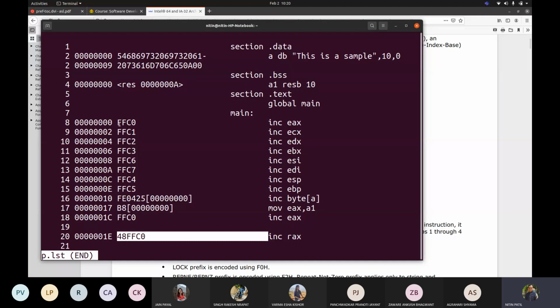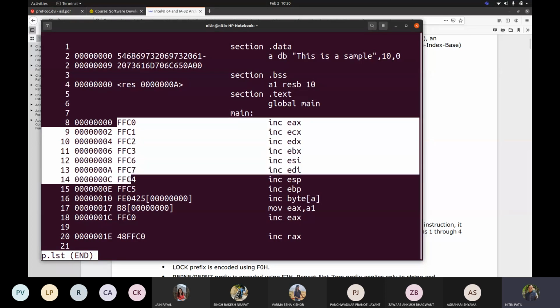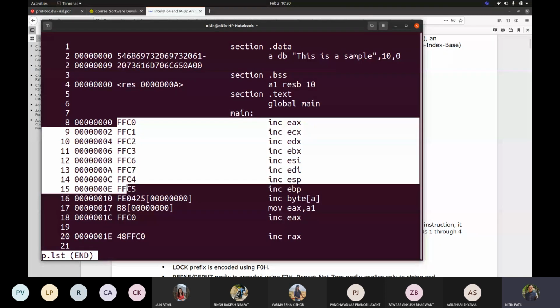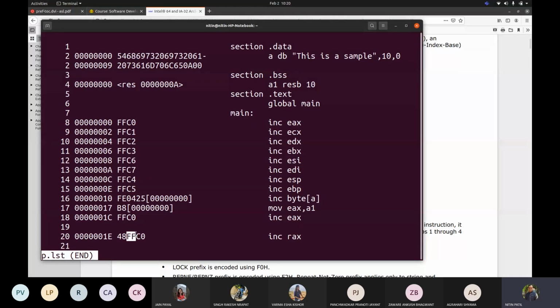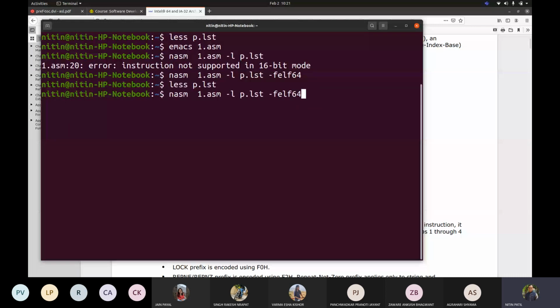Now you have something more added. This possibly looks like an instruction prefix. Correct, even one can see over here. It might be telling us, okay, you are talking about a 32-bit value, and here you are talking about a 64-bit value.